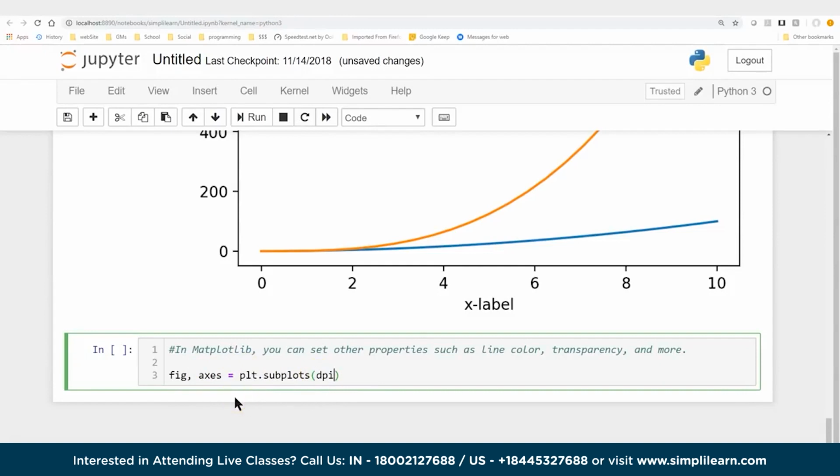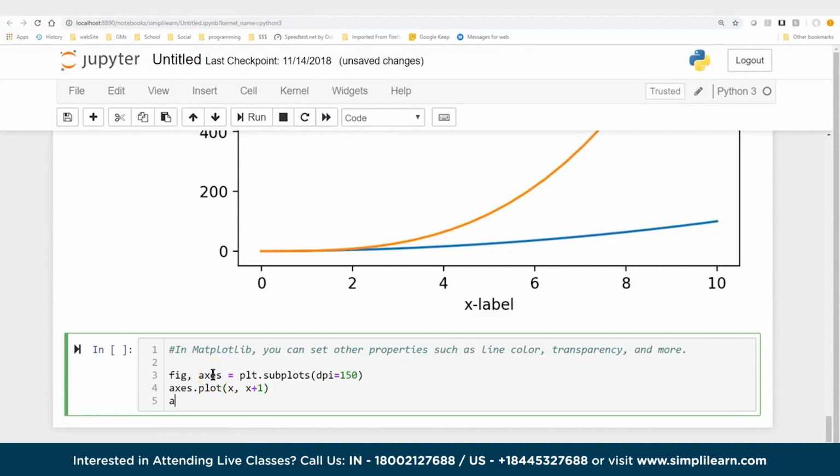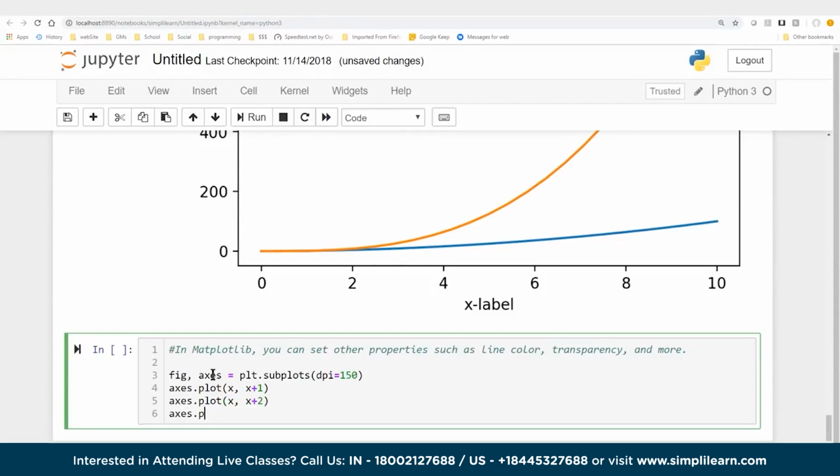And I'm going to go ahead and do a DPI equals 150 so the graph comes out nice and large and easy for you to see. And let's go ahead and do 3 plots on here. We'll do x by x plus 1, so it's just going to be a straight line. Plot x plus 2, and axes dot plot x